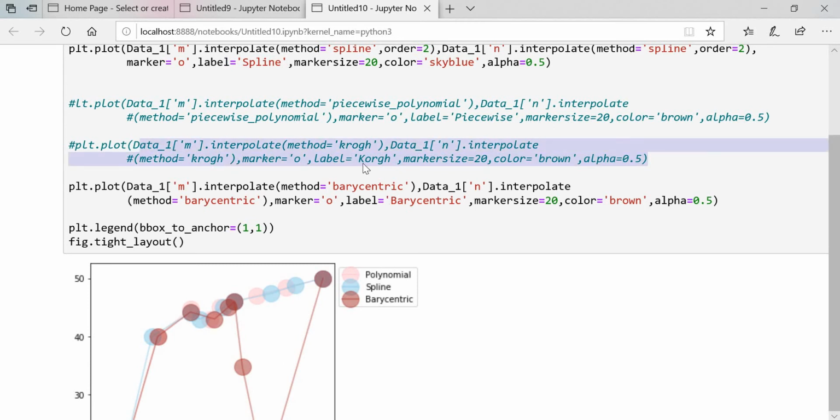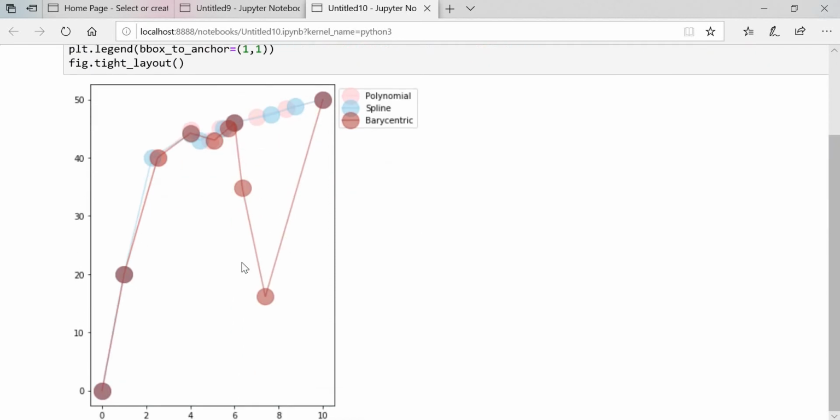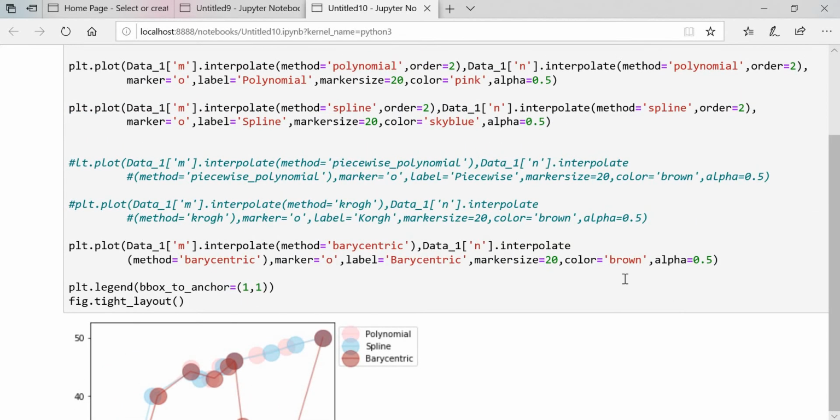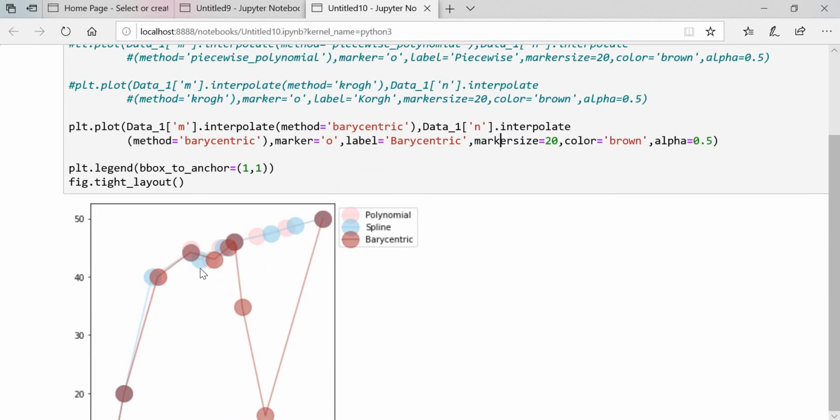Okay, this barycentric and cog are both the same, so we should not use this one because this is harmful to our model's predictions, whatever we are going to do with this data set, right? If you use the interpolation method with this barycentric, your prediction may go wrong. So while choosing the method of interpolation, you should remember this should be in the linear format, right?